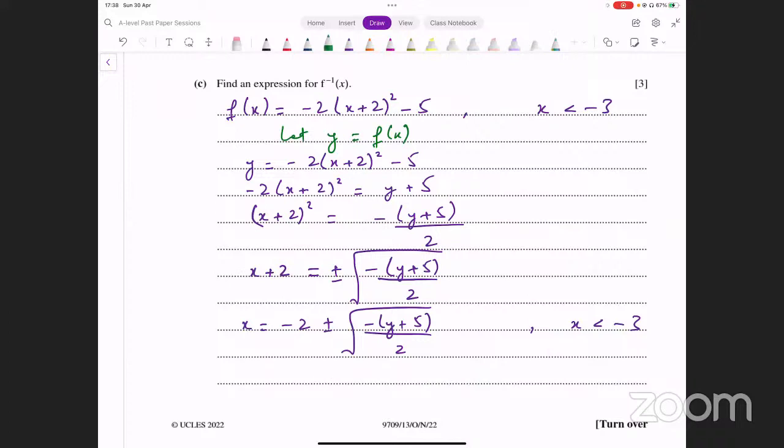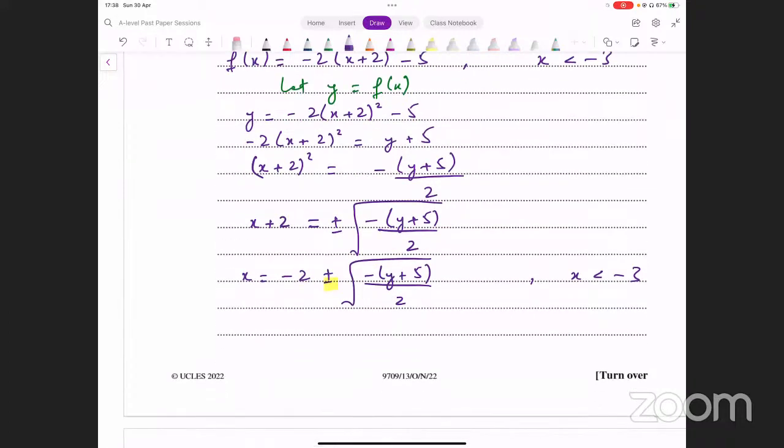-3 से छोटी वैल्यू आपके पास कैसे आएगी, -2 में हम कुछ प्लस करेंगे तो -3 से छोटी वैल्यू नहीं होगी, बड़ी होगी, उससे तो बड़ी वैल्यू आएगी। -2 से हमें कोई चीज माइनस करनी पड़ेगी, फिर हमें -3 से कम वैल्यू मिलेगी, राइट। सो वी आर गोइंग टू चूज the negative sign from here, not the positive sign। Okay, and then when we write the inverse function, we would say f inverse of x actually becomes equal to -2 minus square root of minus into x plus 5 divided by 2, and that is going to be your inverse function। Okay, I hope that makes sense।